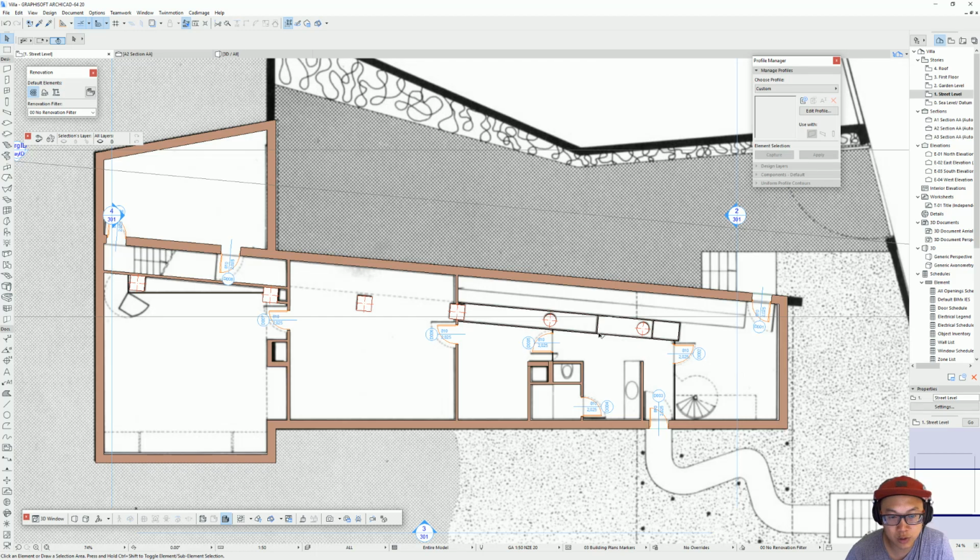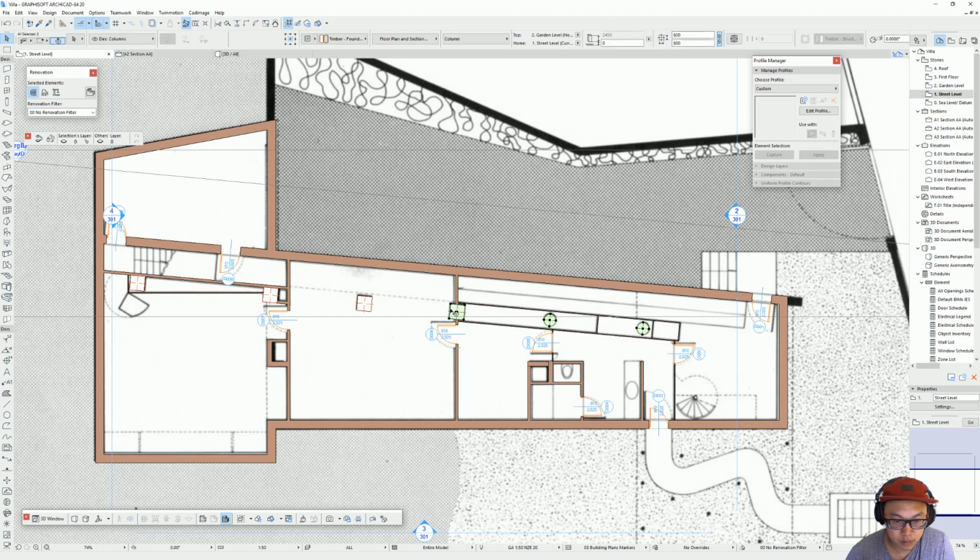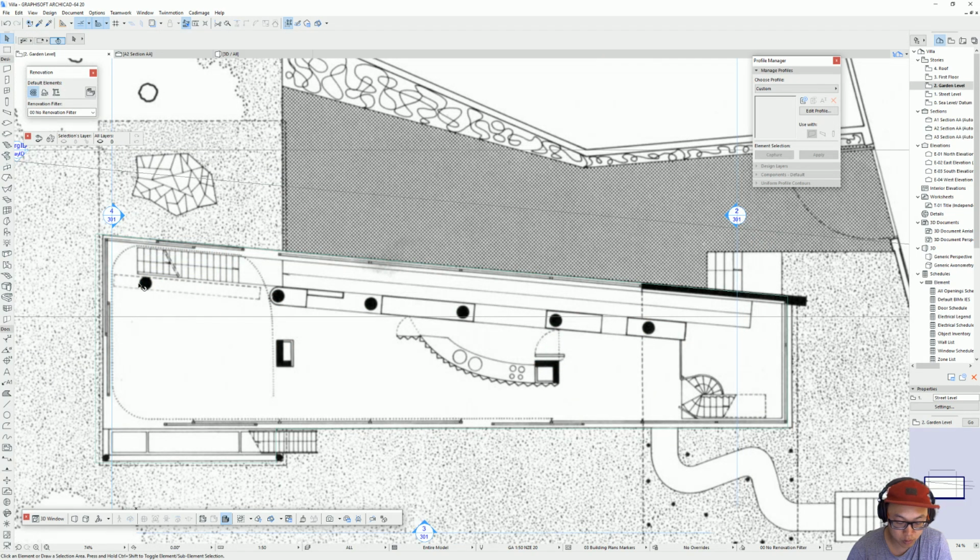So what I'm gonna do is to take those columns, just take the columns, make a copy. I'm gonna go to the upper level by pressing Ctrl and the top arrow, and I'm gonna